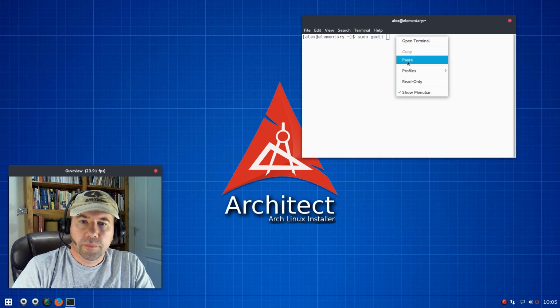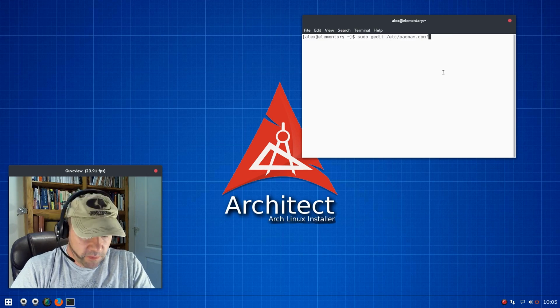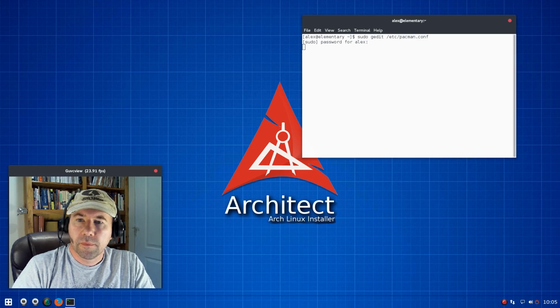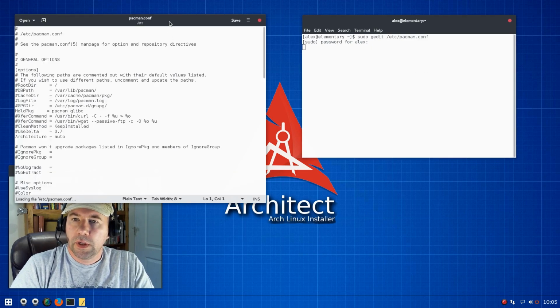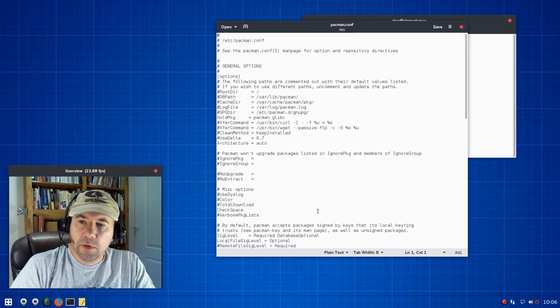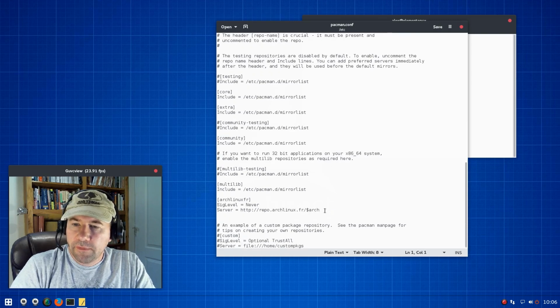So sudo gedit /etc/pacman.config, and let me put in my password here. And okay, this is our configuration file for all of our repositories. And what you'll want to do so that you can set up the AUR, first thing, you're going to want